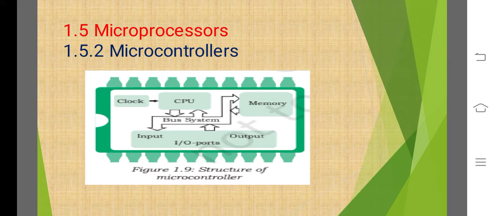Because of the very small size of the microcontroller, it is embedded in other devices or systems to perform a specific functionality. Means for each function, it requires a hardware device. For example, a microcontroller in a fully automatic washing machine. A fully automatic washing machine is used to control the washing cycle without any human intervention. The cycle starts with the filling of water, and it works with the help of other devices.